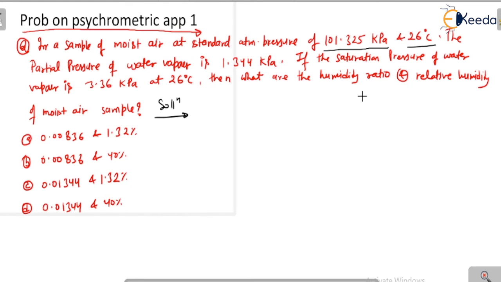If the saturation pressure of water vapor is this at this degree centigrade, then what are the humidity ratio and